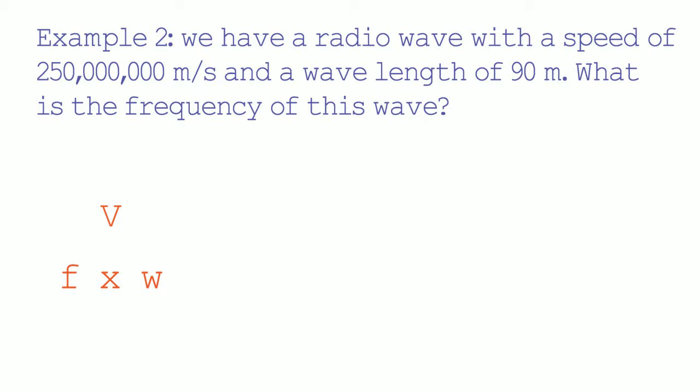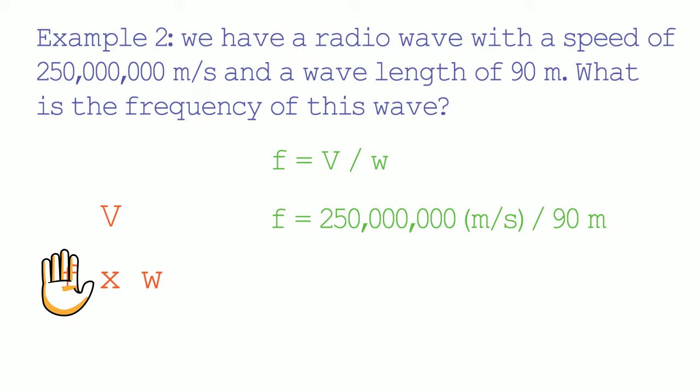When we want to find F, we cover F up on the formula triangle and see what is remaining and do that function. So if we cover F up, we see that we have to divide the velocity by the wavelength. So F is found by doing V divided by W. V is 250 million meters per second and the wavelength is 90. So we're doing 250 million divided by 90, which gives us a value of